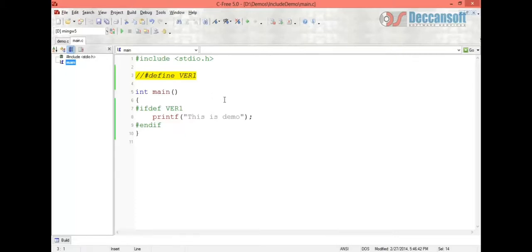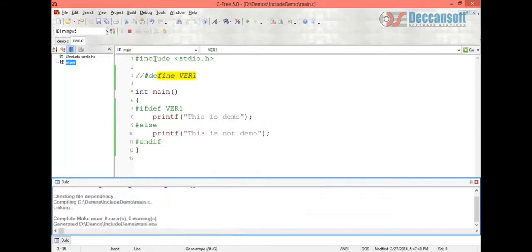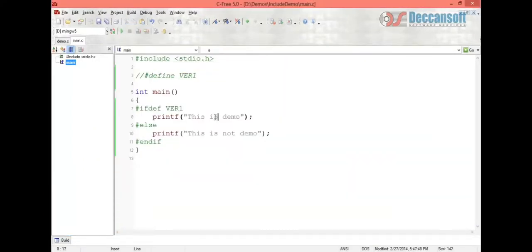So we'll again write #elif for conditional compilation. Okay, we will write #else, printf "this is not demo". If this part is not demo, you see this is demo, press k, it will print out not demo.